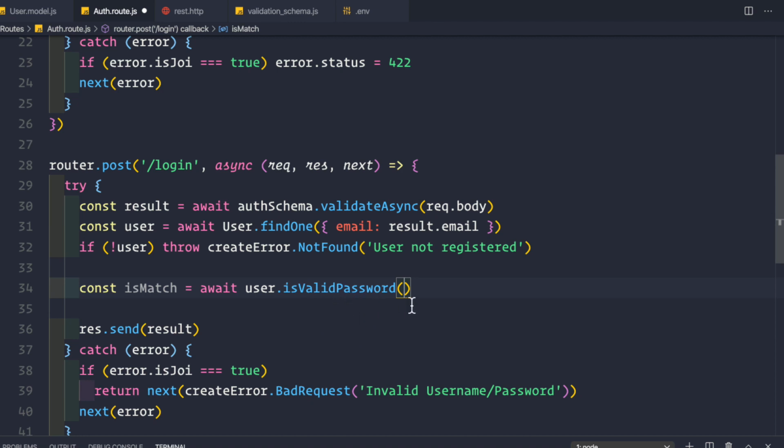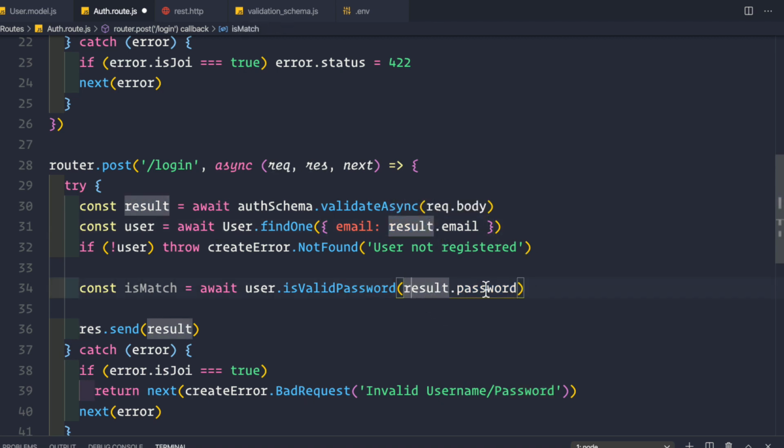So we can use this method directly, and the password would be result.password, because this result contains the password, as it contains result.email.